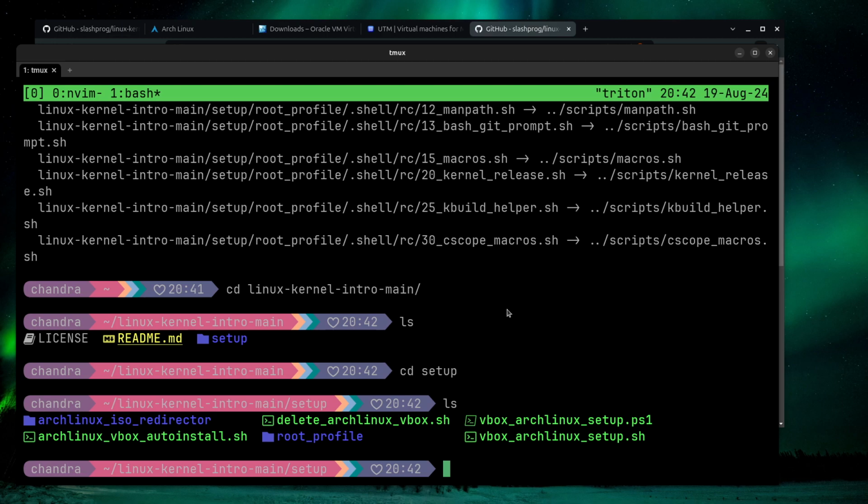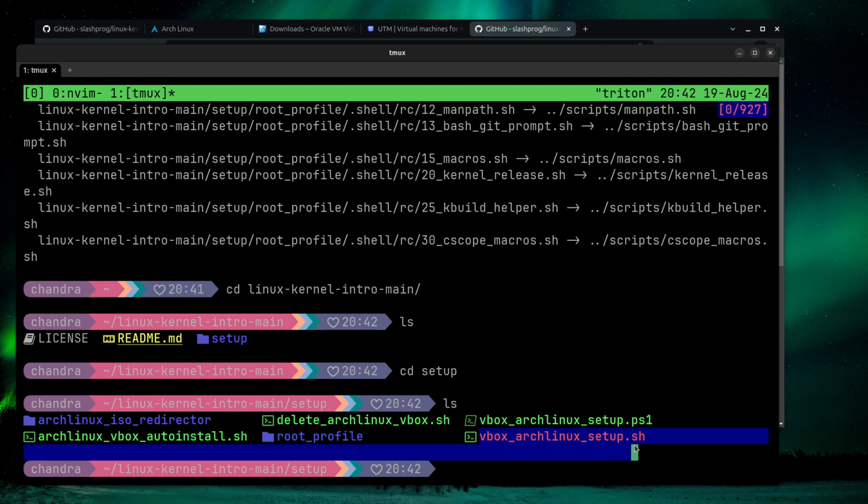If you're a Windows user, the only script that you need to be concerned with is this VirtualBox arch-linux-setup.ps1. You can run this in your PowerShell. I guess you might need to enable running unsigned scripts on your Windows computer. I'm not currently using Windows, so obviously I cannot demonstrate that, but I guess you can figure that out. And if you're using a Linux or macOS terminal, you could run this shell script,